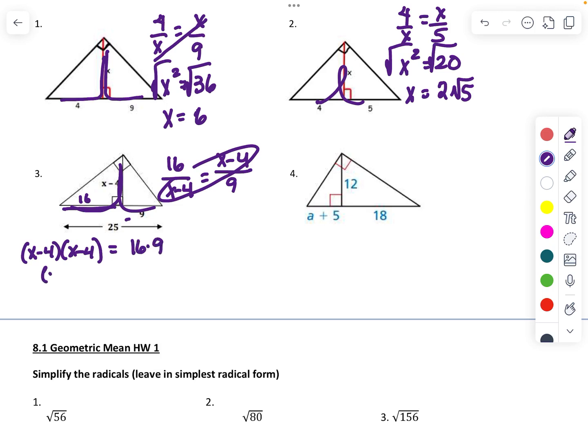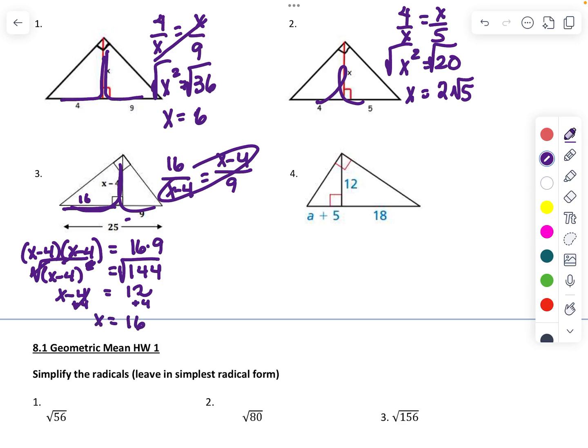But you can also set this up as x minus 4 squared. All right, so you can just take the square root of that to cancel out that square. Now that's gone. You're just left with x minus 4 equals plus or minus 12. And then we're going to say plus 4,